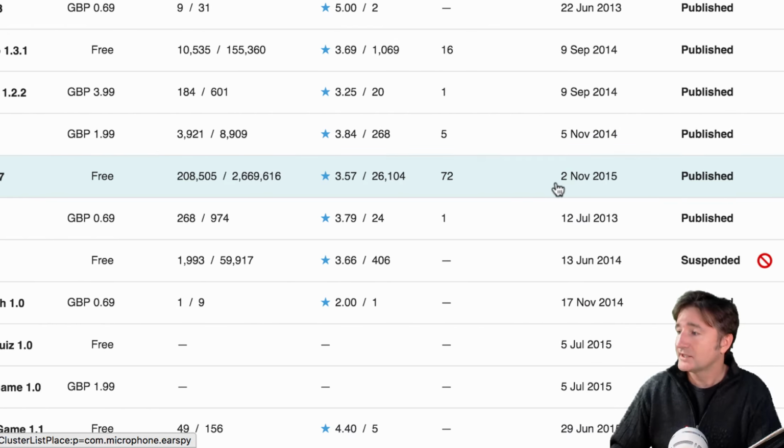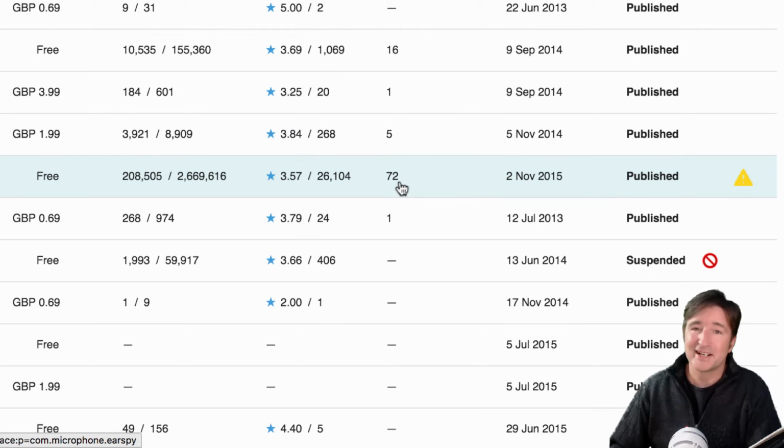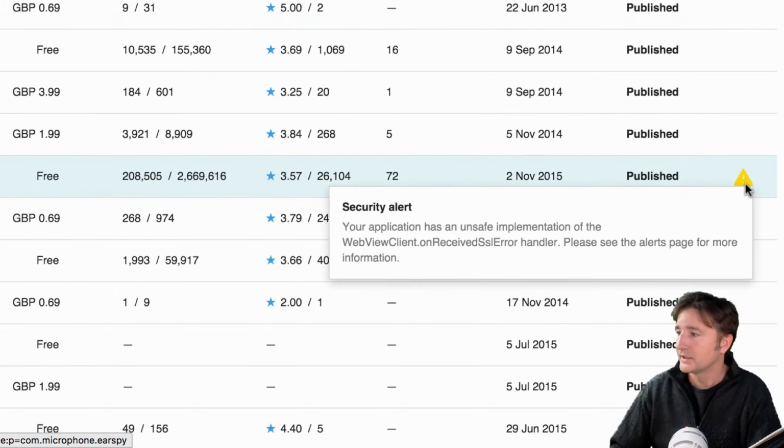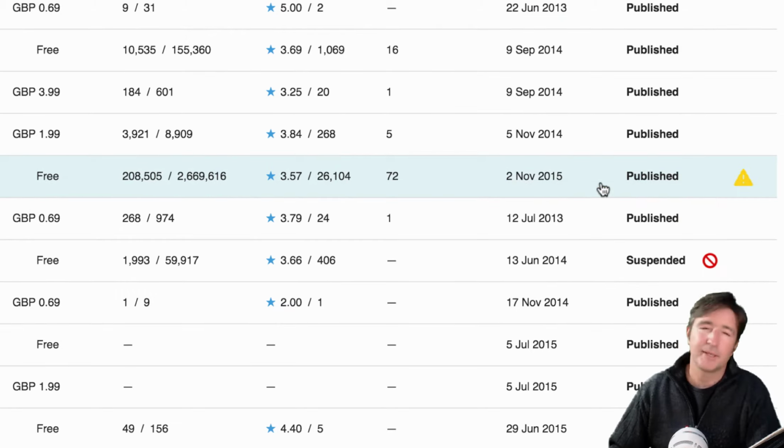The number of crashes, which you're going to get some. If you have a lot of downloads, you're going to get some crashes. I mean, there's just so many different types of Android apps. The last update, so we updated a new version almost a month ago. The status, which is published or draft or not published. And over here we have a security alert because I'm including an SDK for an ad network that seems to be having some trouble with some SSL certificates. So I need to change that.